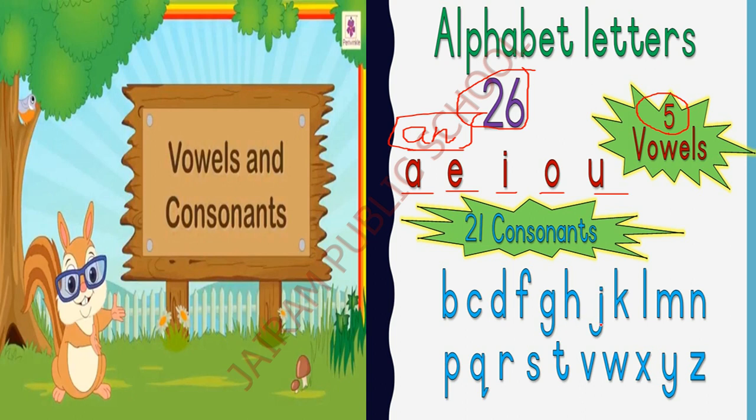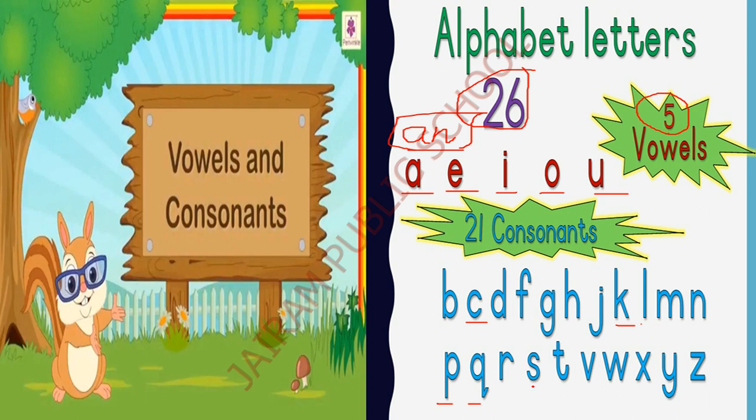Sound of J, J. Sound of K, K. The sound of C and K are a little bit similar but not exactly. It's K, you have to give a long stress here. Okay, next. The sound of letter L is L. Sound of M, sound of N, sound of P is P. Sound of Q, Q.